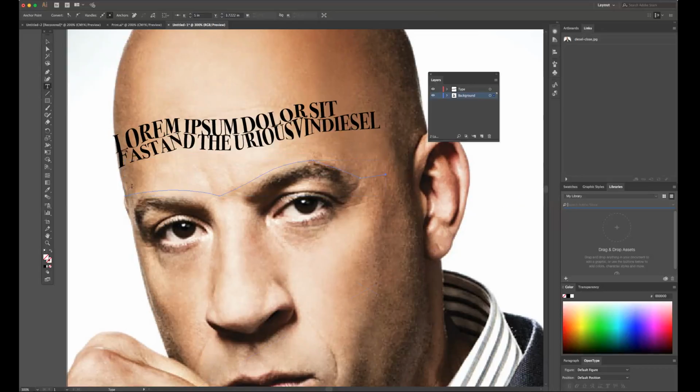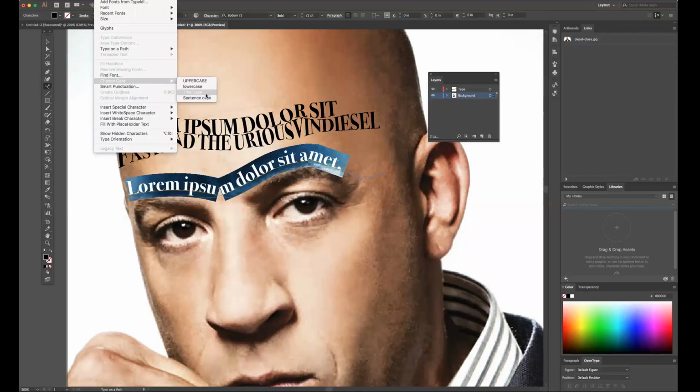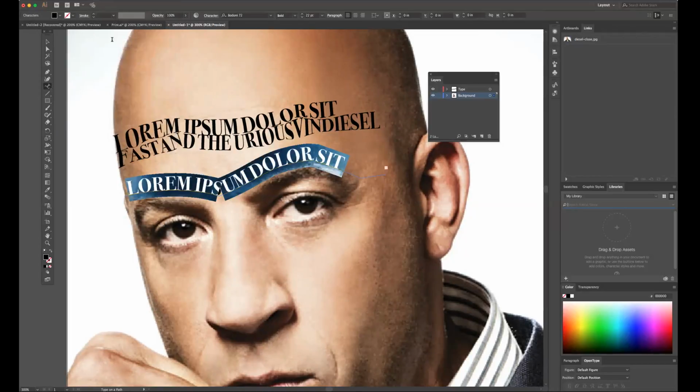Okay, and then I'll grab my type tool. Oops, type on a path tool. That's why it didn't work. I want to change the case to uppercase.